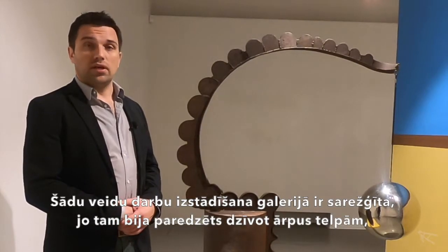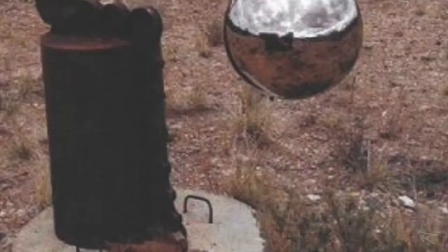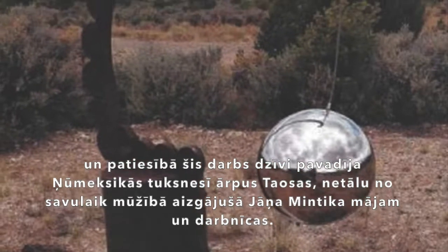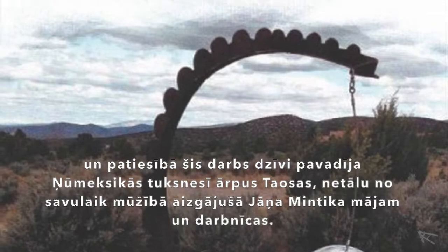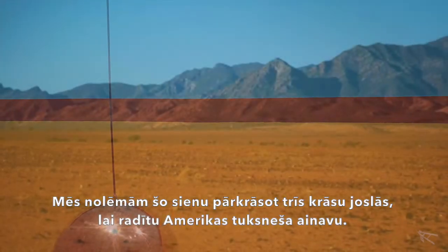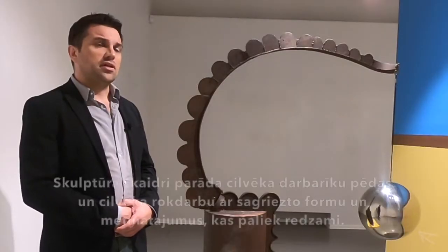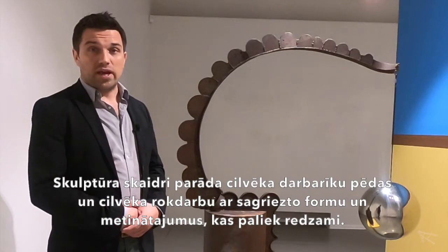vertebrates. It's challenging to show work like this in a gallery because it was meant to live outdoors. And in fact, this piece spent its life in New Mexico, outside in the desert, outside Jānis Mintiks's home and studio near Taos. We made a decision to paint this end wall in 3 bands of color to evoke the American desert landscape. Even though the piece clearly shows the traces of a human's tools and a human's hands, with